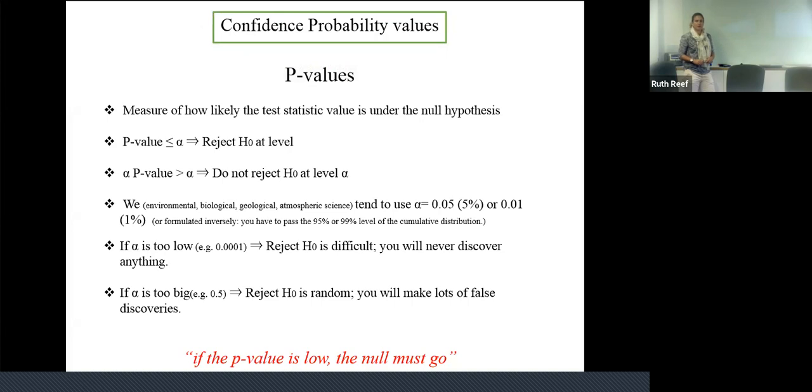So till now we spoke about normal distributions and probability density functions, which were really just a graphical representation of the likelihood of obtaining a certain value, or in other words, the probability of obtaining a certain value. When we looked at the cumulative distribution function, we spoke about the probability of obtaining a value equal to or smaller than x, right? So because it's a probability value for short, we can call it a p-value,